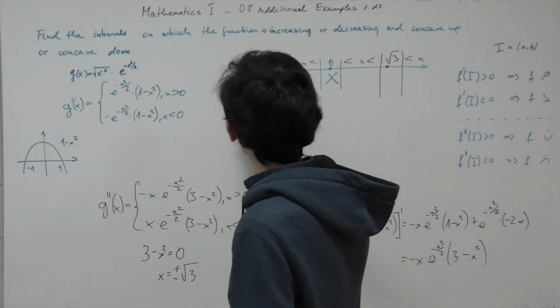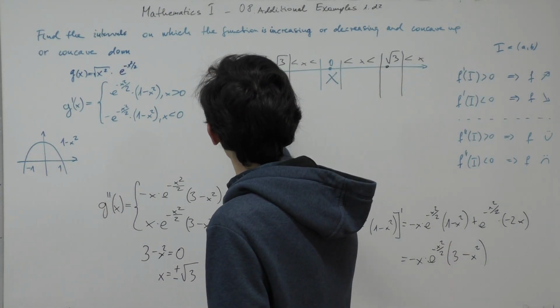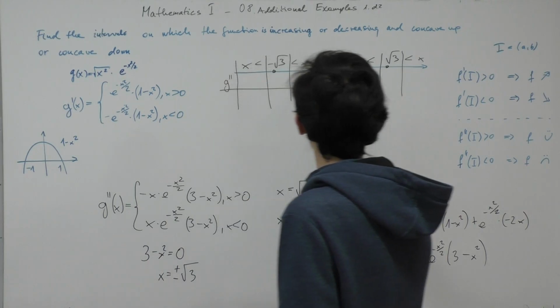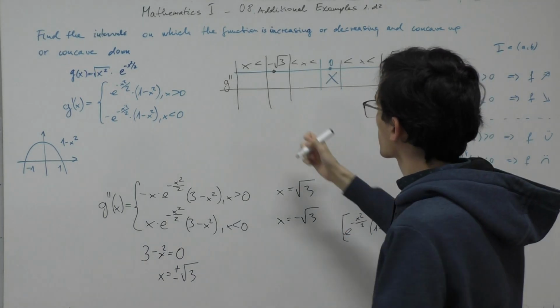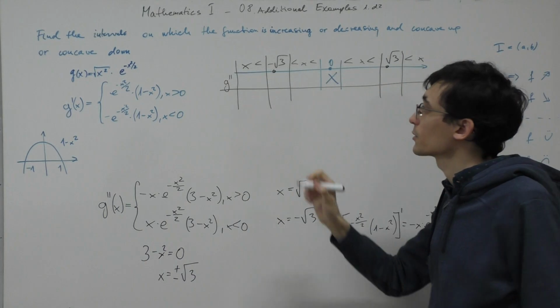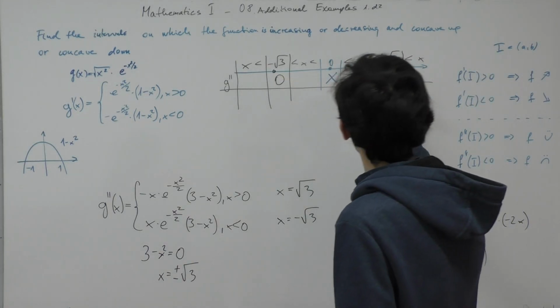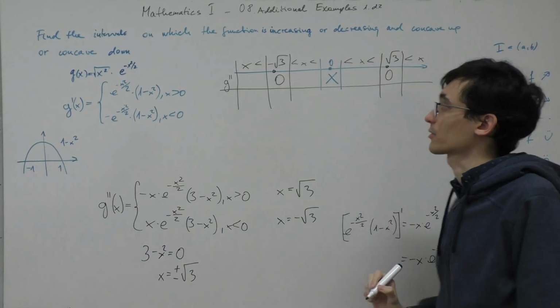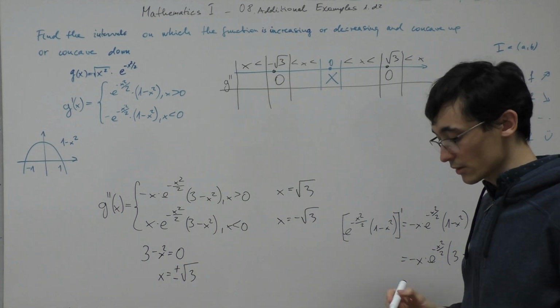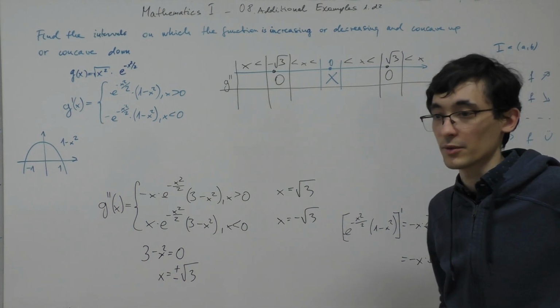Now we can write the second derivative of g in our table, and we already know that it is not defined at 0 and is 0 at plus or minus the square root of 3. Next, we need to figure out the signs of the second derivative,